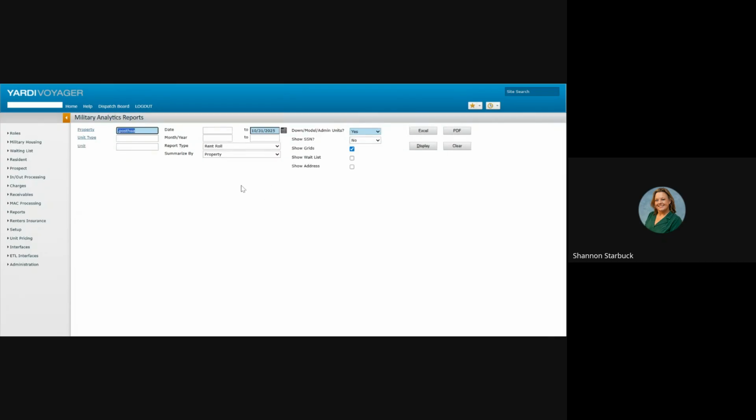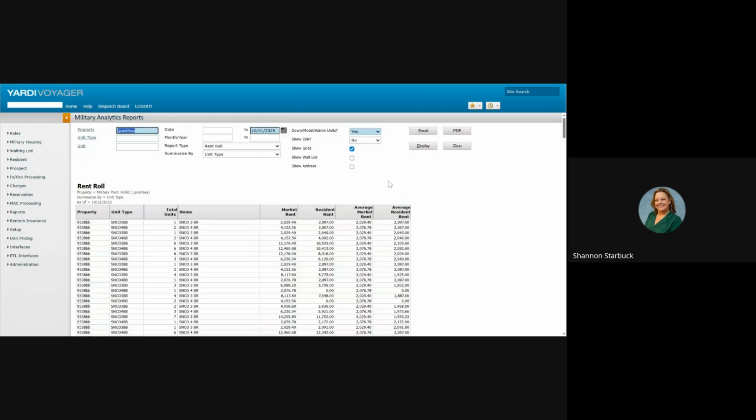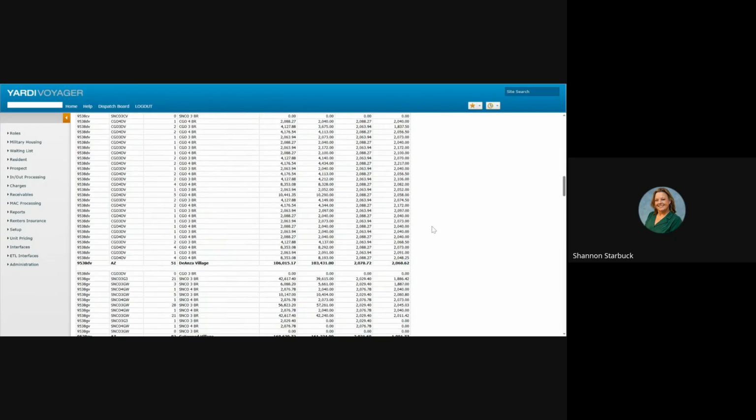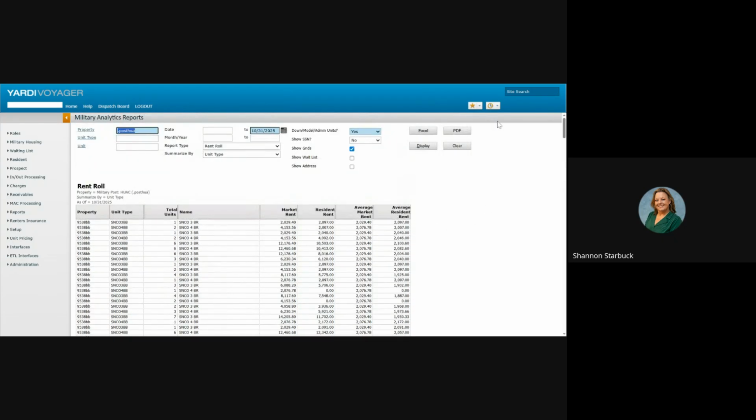The rent roll comes in many shapes and sizes in Yardi, so definitely go in and play around with the rent roll to see which versions are best for your use. You can run this by unit type. You can include your down or model units or not. You can add social security numbers or not. You can add the wait list. You can have it show address. And then you hit display, and that is going to give you this style of rent roll. Again, you can ask it to export to